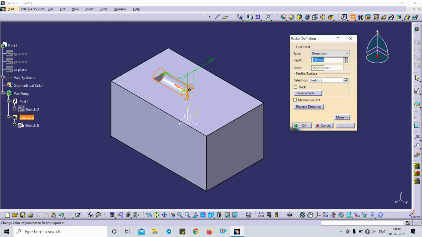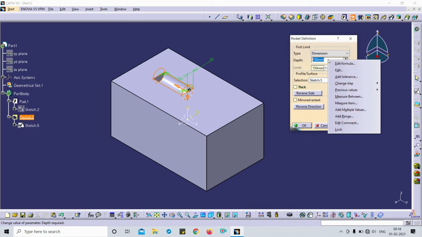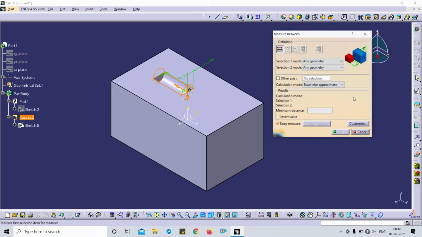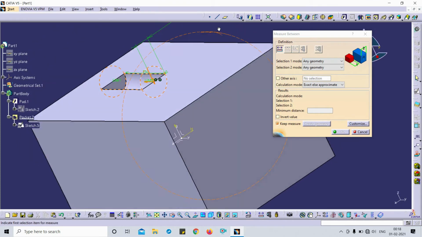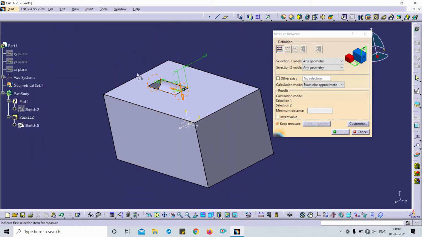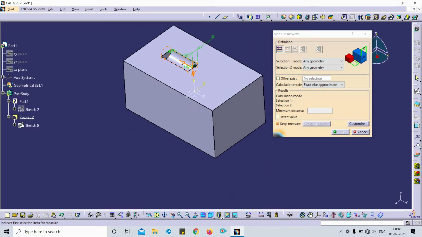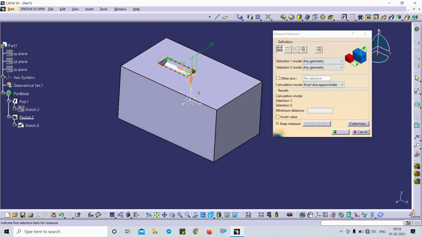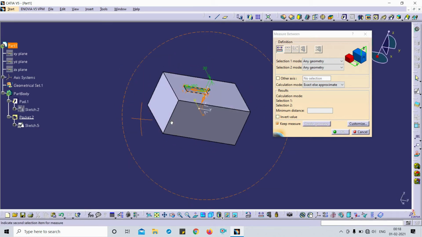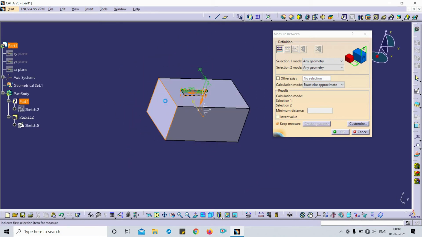So I just right click on that dialog box, and here you can see Measure Between. I just select Measure Between. I just wanted to pocket on this pad by using this sketch, from this XZ plane to this face.